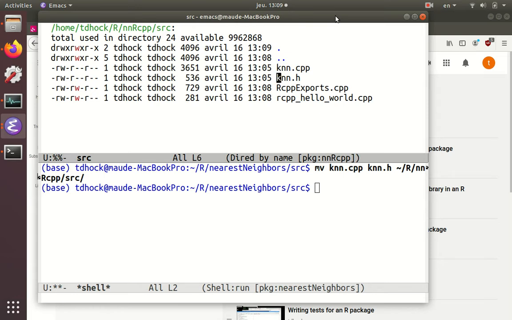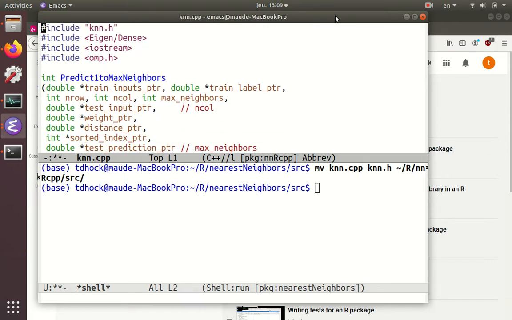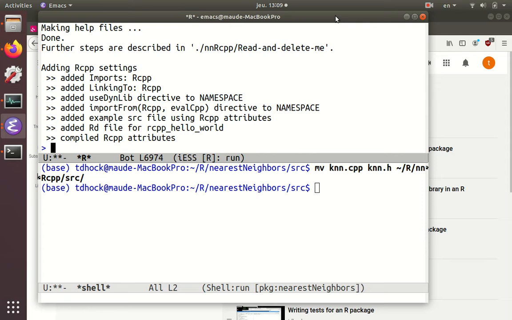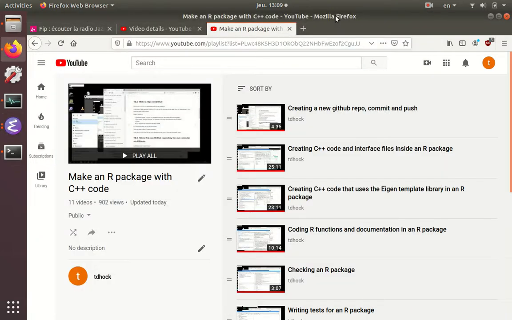And the first thing that we can do is we can just check if that would compile. You know, we haven't really used that or created an interface for it, but we can try to compile it. And so the way that I usually streamline the compilation process, you can always just run the R command install from the shell like I did usually, but when I'm using Emacs, I'm usually writing